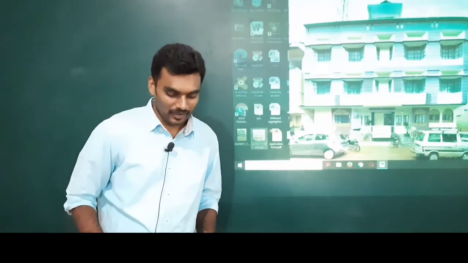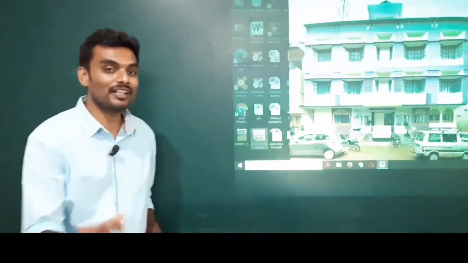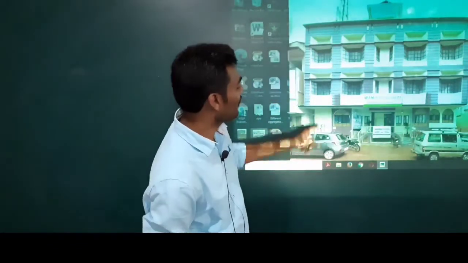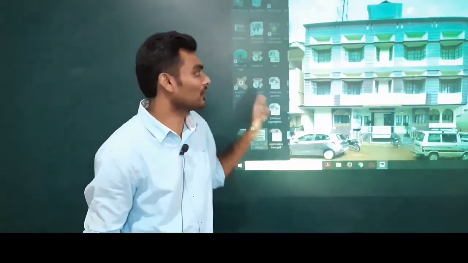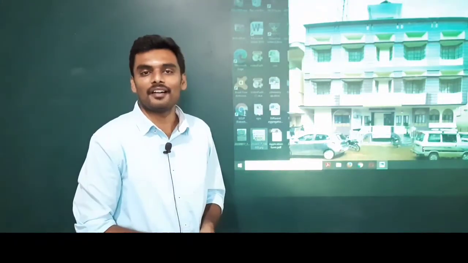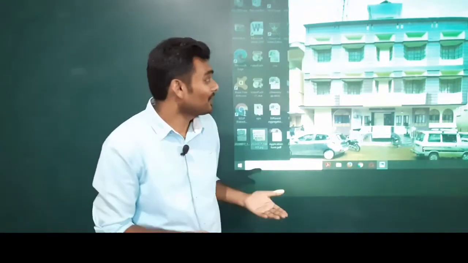So now in this session we are going to do an interesting thing. What we are going to do is measure the height of our building, the building of our college, the total height. Interesting, right? In one way it looks pretty much easy, right?